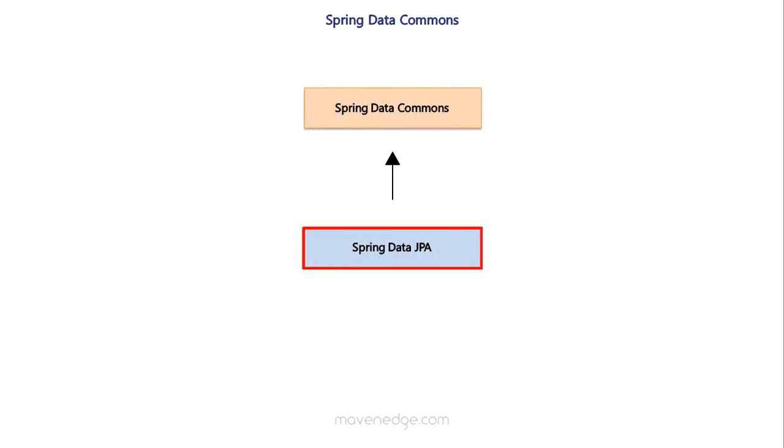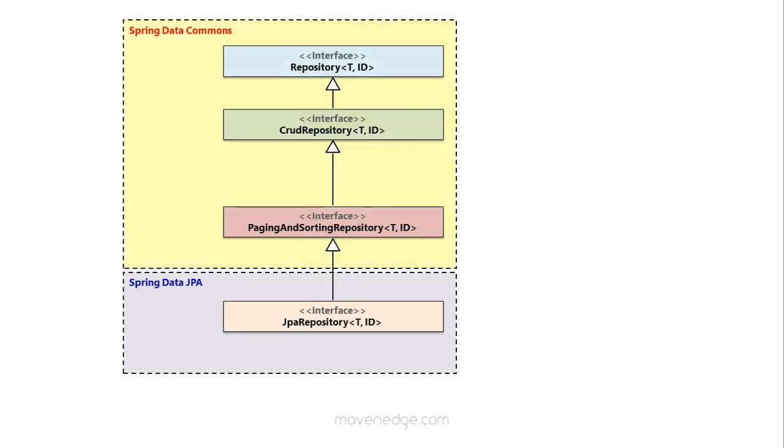In this session, we'll talk about Spring Data Commons. So what is Spring Data Commons? Well, the Spring Data JPA that we've been using so far in our applications is actually built on top of the functionalities provided by the Spring Data Commons. And as I mentioned in one of the previous sessions, when we use Spring Data JPA, then the JPA